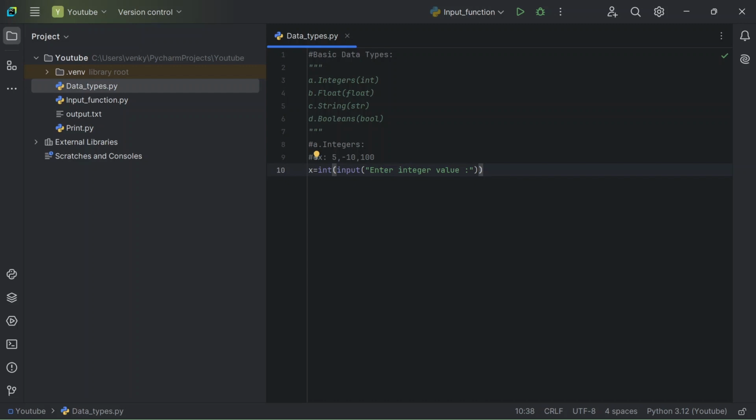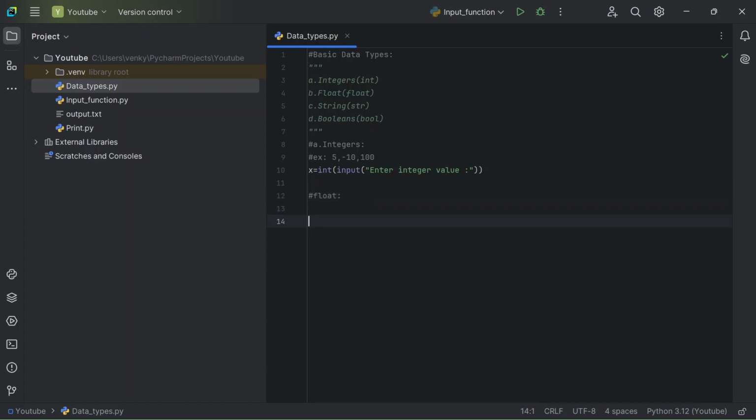If we run this program, it will ask the user to give an integer. I already explained the input statement, how we use it, and how it takes user input as string, and we'll convert it into integer. So similarly for